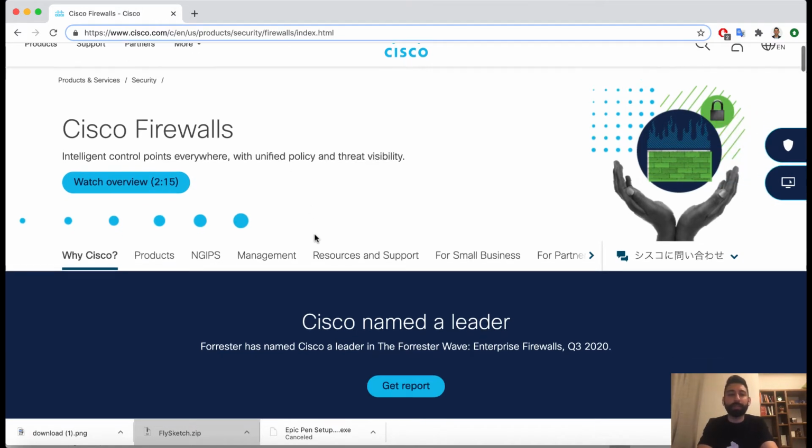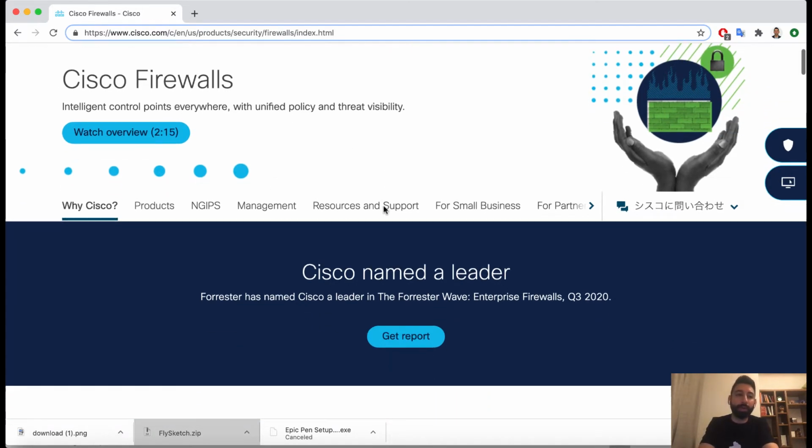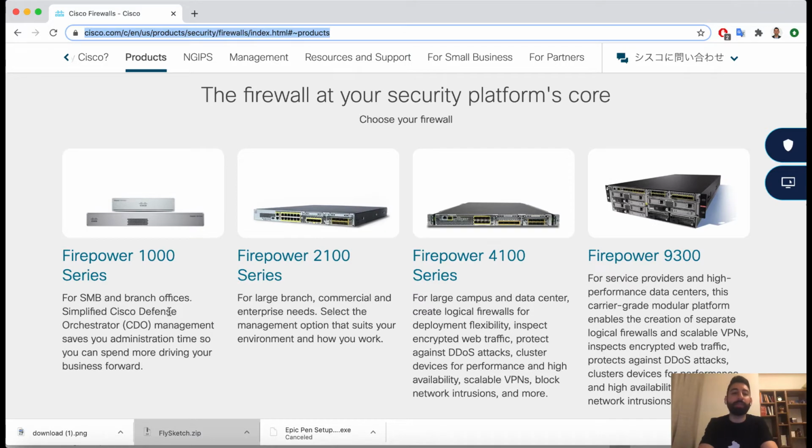Right? There is some information about what the firewall does. If you look at this, we have a Firepower 1000, 2100, 4100, and a 9300. You can look at each of them. So if you click on them and you look at the data sheet, you will get more details about the throughput that they support, the number of VPNs that they support, number of existing connections, new connections, connections per second that they support,